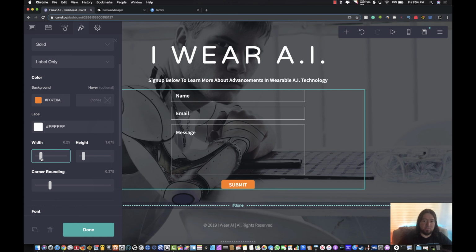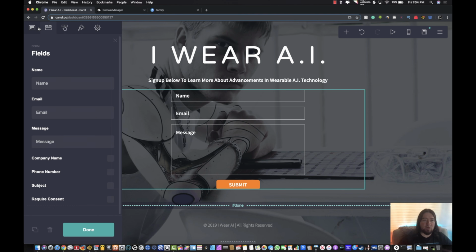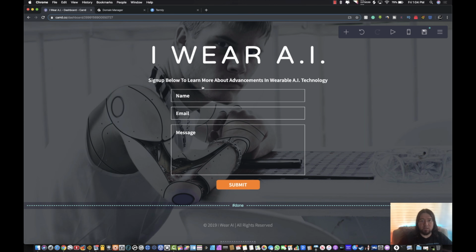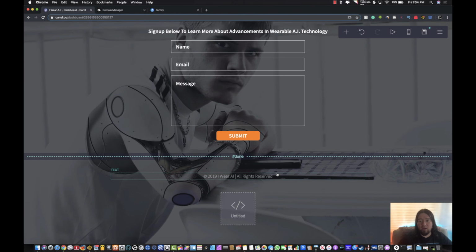Make that button a little bit smaller, a little bit wider, and I think that looks pretty good. So that's all it really takes. So now when somebody enters information here, that information will go directly to my email address. So we'll go ahead and click done, and what I've done here is just placed my